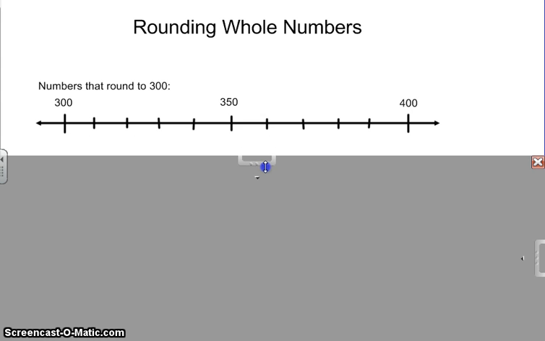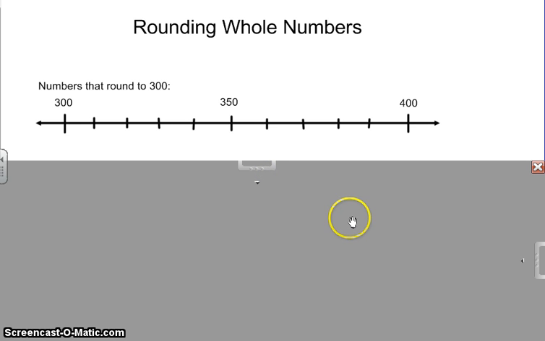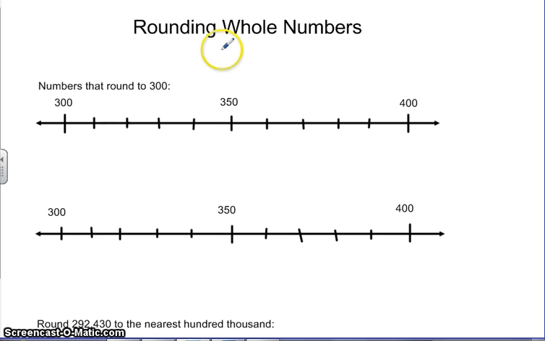If you will go ahead and copy that number line down, we are going to come up with numbers that round to 300. Numbers that round to 300, I want you to be thinking about that. Some numbers that might round to 300 would be maybe this number right here, which would be 320. The reason it would round down to 300 if I'm rounding to the nearest hundred is because